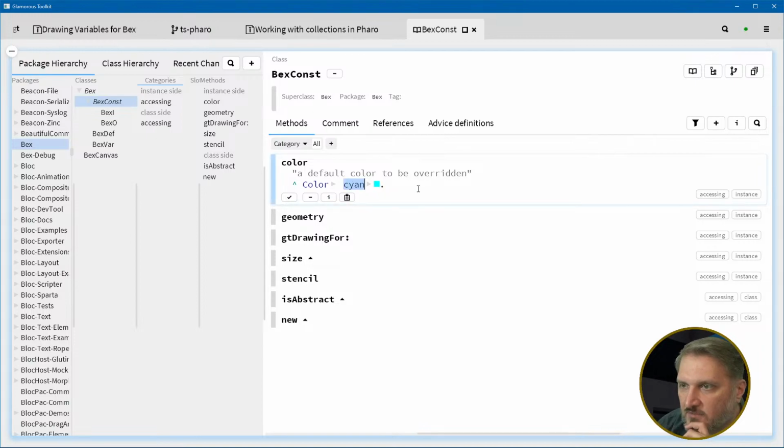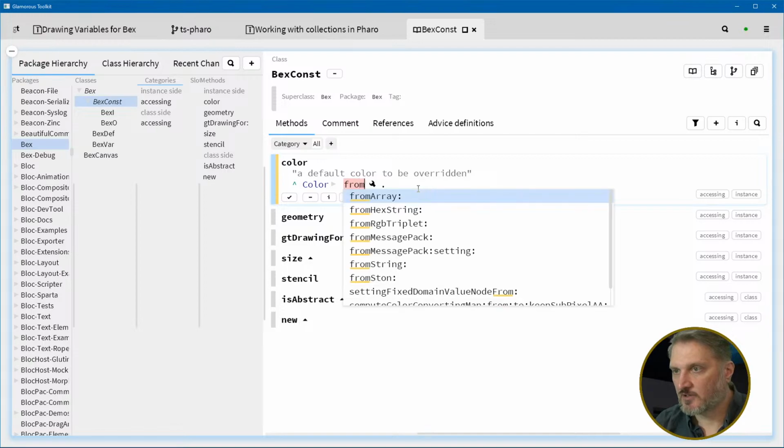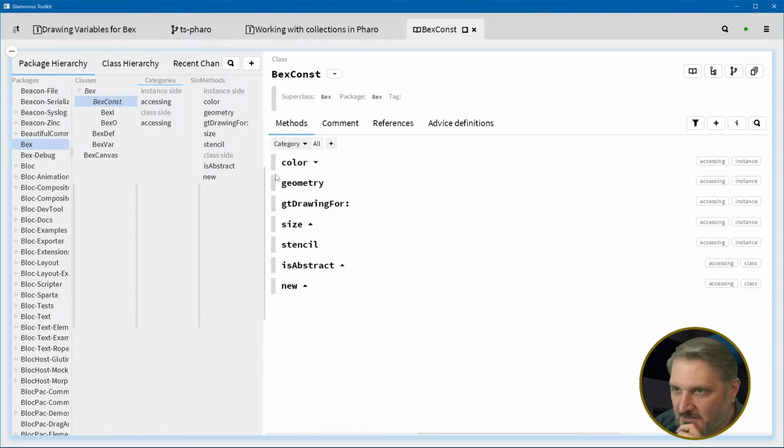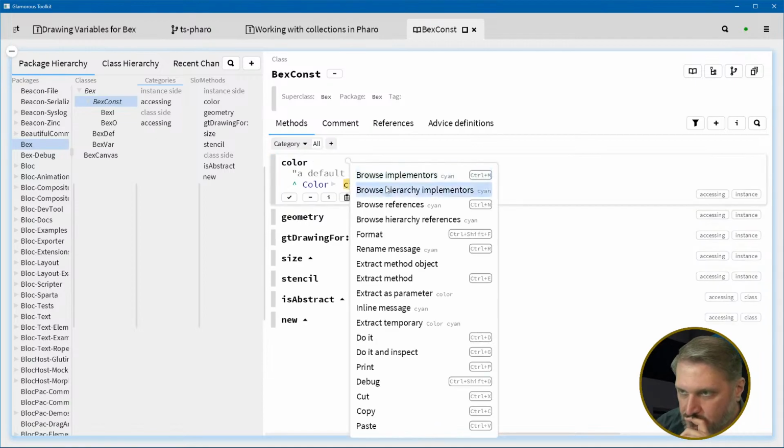And in fact, I would like a different color for this. Color from hex string. No, you know, that's fine. It's to me an ugly color, and the point is that when it shows up in a diagram, it means I need to see something. So,